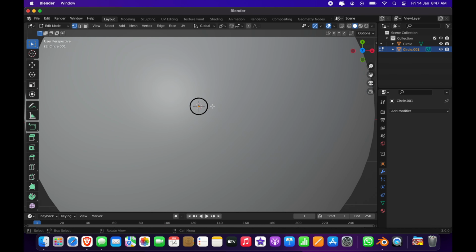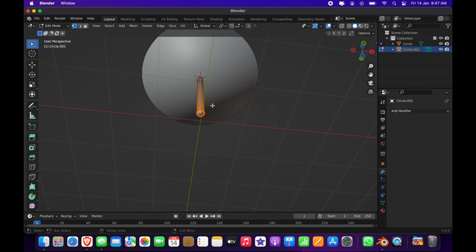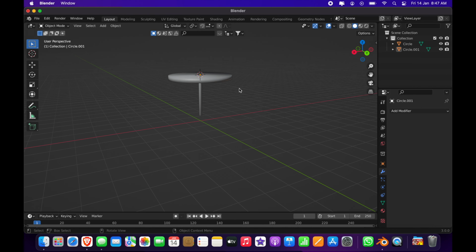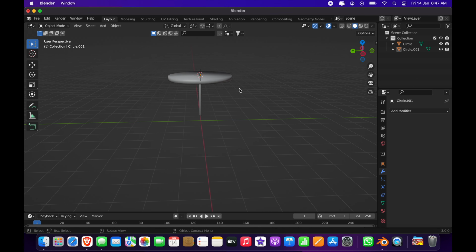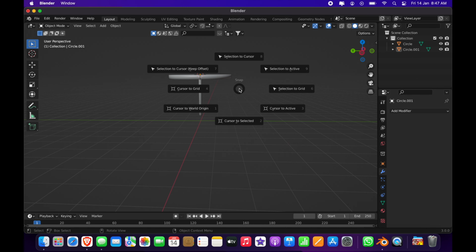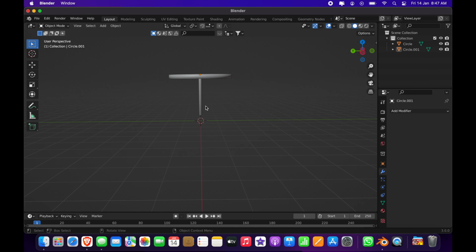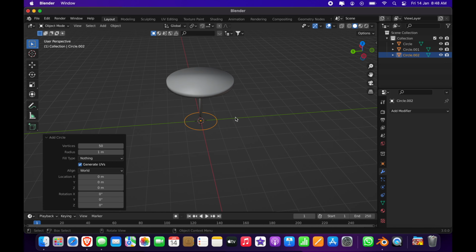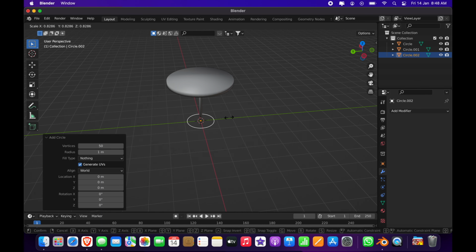Now we'll add a base to the table. Now we'll add a base to the stand. Then again press shift S and bring the cursor to the world origin. Now press shift A, mesh and circle. We'll scale down the base